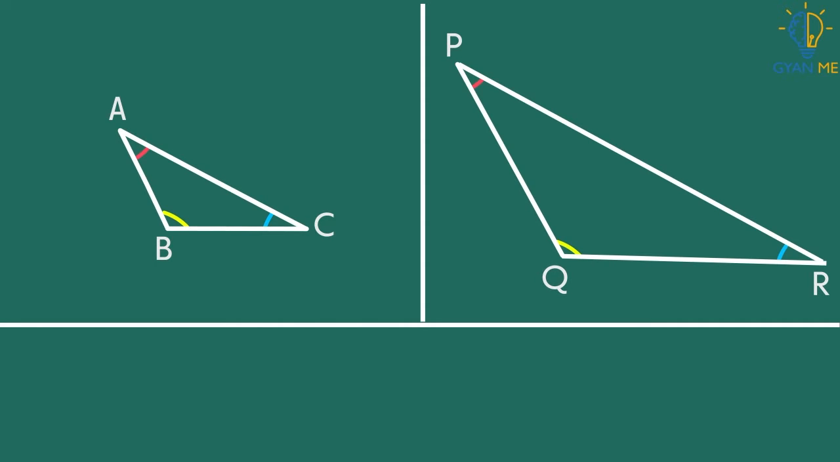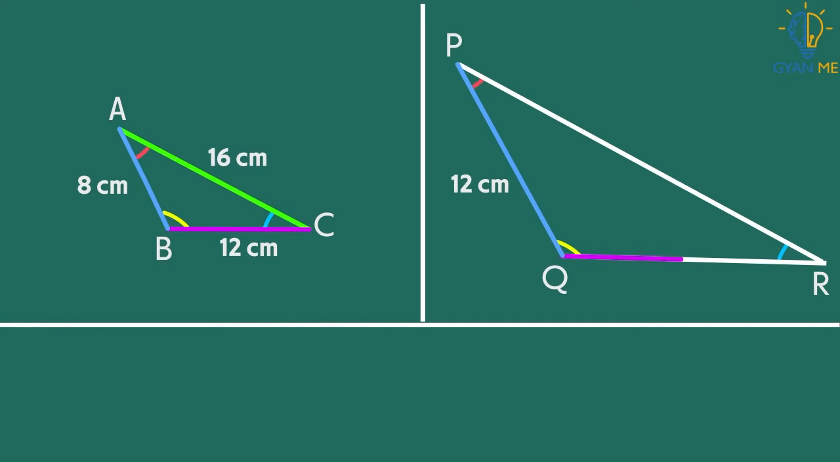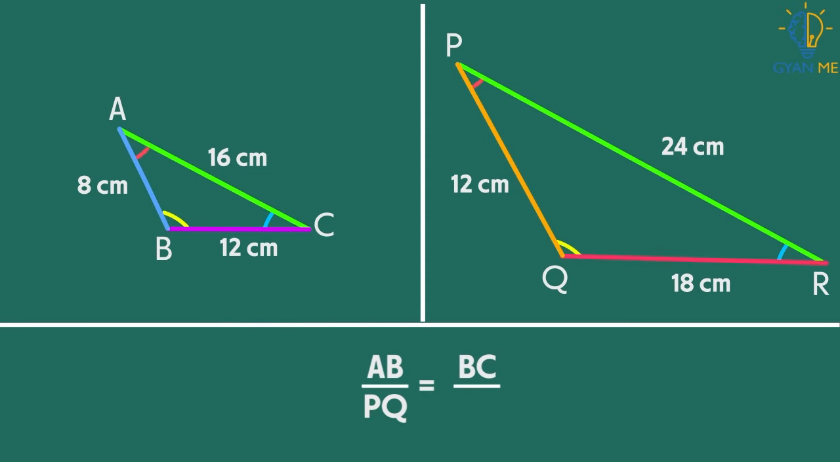Let's draw two triangles, say ABC and PQR, in such a way that AB is equal to 8 cm, BC is equal to 12 cm, and AC is equal to 16 cm. And in triangle PQR, PQ is equal to 12 cm, QR is equal to 18 cm, and PR is equal to 24 cm. Now let us take the ratio of the corresponding sides, say AB upon PQ, BC upon QR,